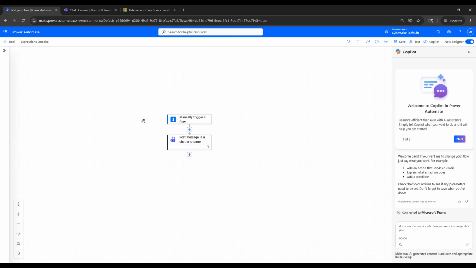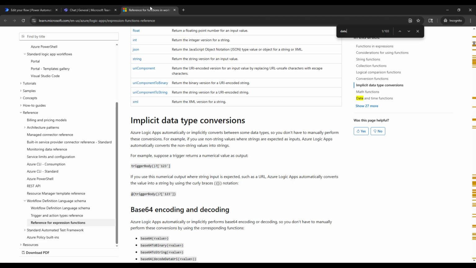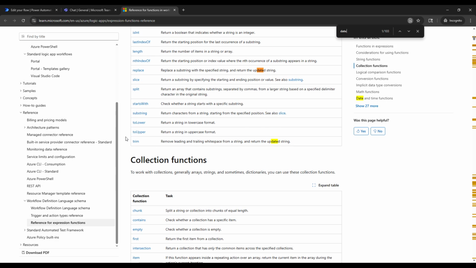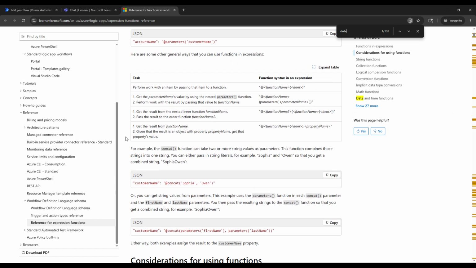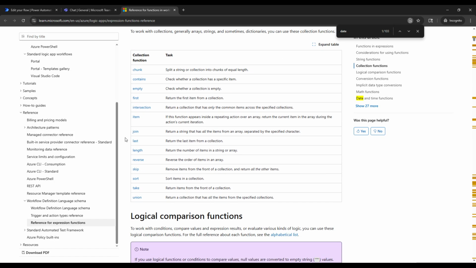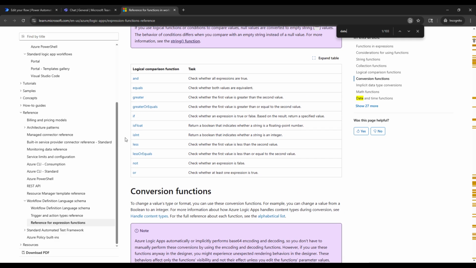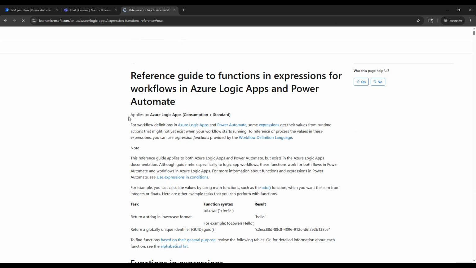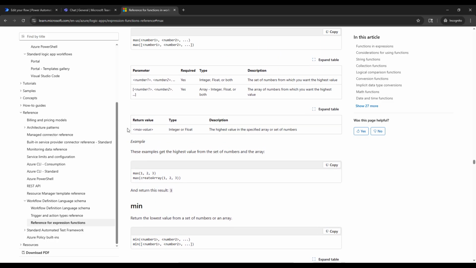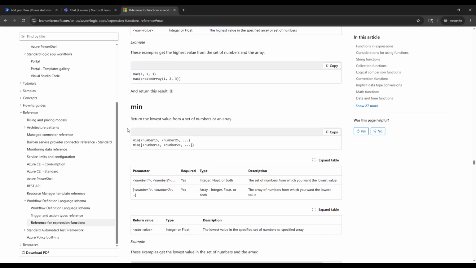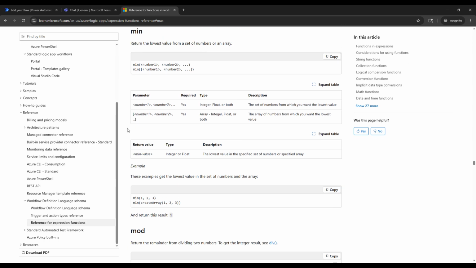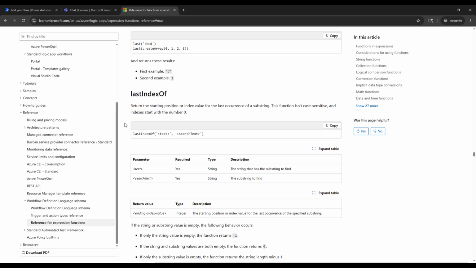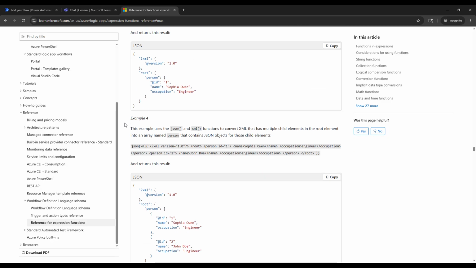Hello, everyone. I was actually struggling in the last video, so if you were checking out that one and you were like, go to the references for the functions for Power Automate, I couldn't find it, but I'll go ahead and link this in the description if you want to check it out. It has all of the different functions that you can use, and once you click on it, let's just go down to Max, for example. Once you click on it, it shows you how to actually use that expression, or that function. So it's helpful to hold on to, but you could always use CoPilot or chat and probably a lot quicker, but it's still a good resource to have in case you're trying to build things out